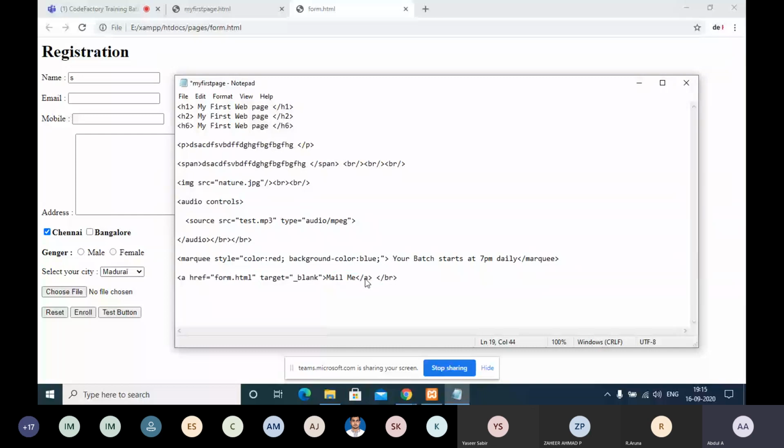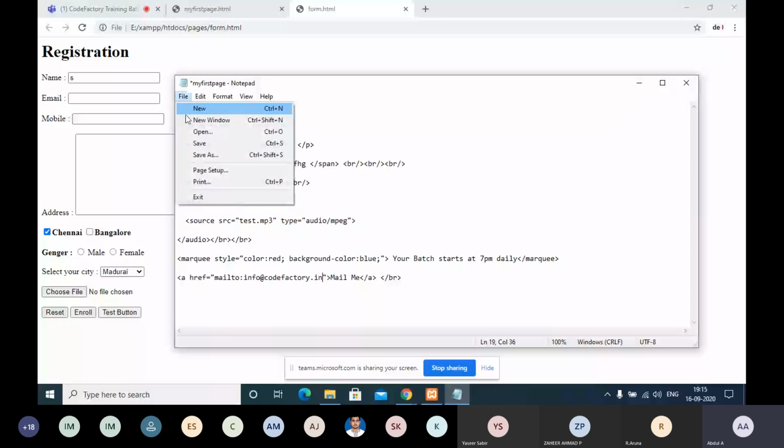In HTML itself there is one attribute value in the href that we can use, a simple function: mailto colon info at codefactory.in.